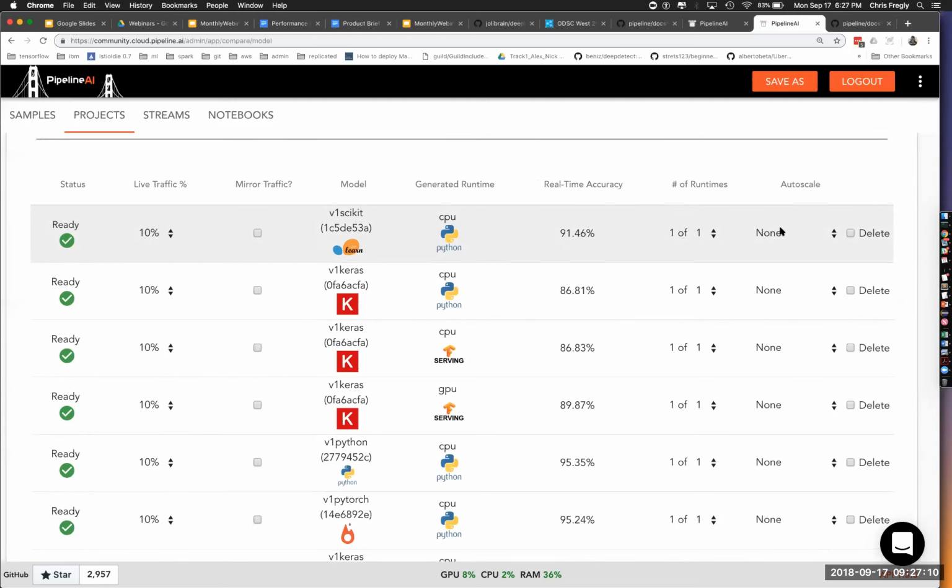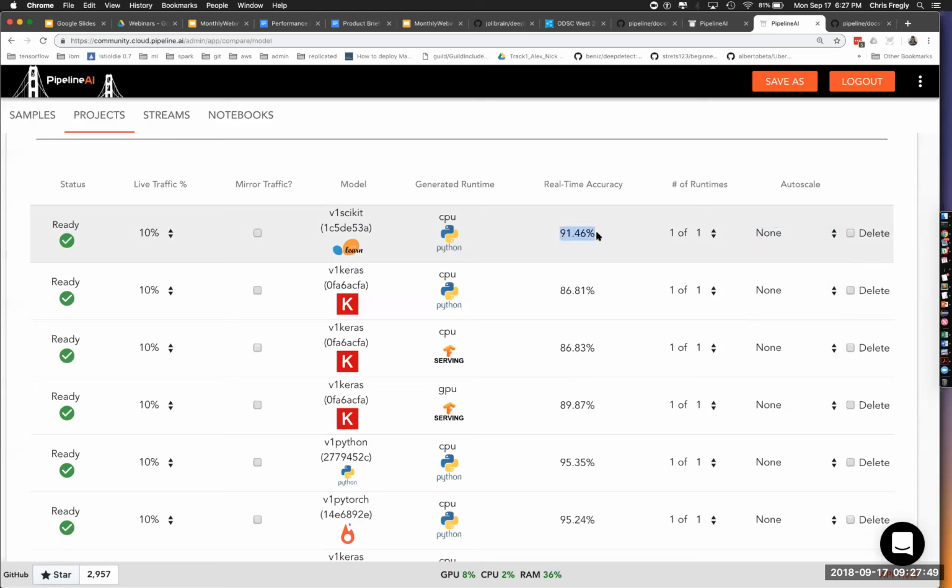One thing I wanted to highlight is everything within the pipeline platform is completely customizable. So this auto scaling, for one example, if you have a custom function that you want to use to auto scale and maybe trigger off of some metric that's specific to your business, you would click new. Think of this like the classic serverless, function-based architecture where you can deploy your own functions and then use those as part of these customizations.